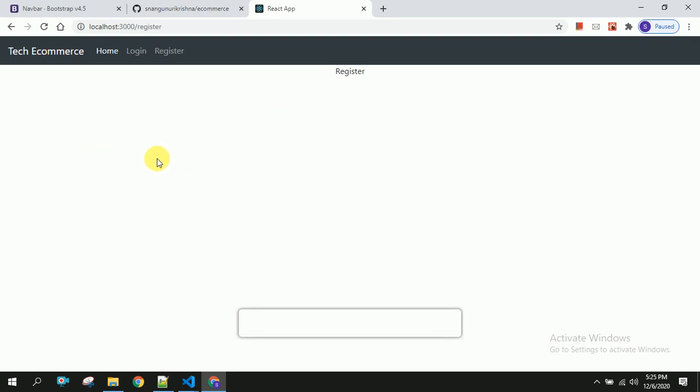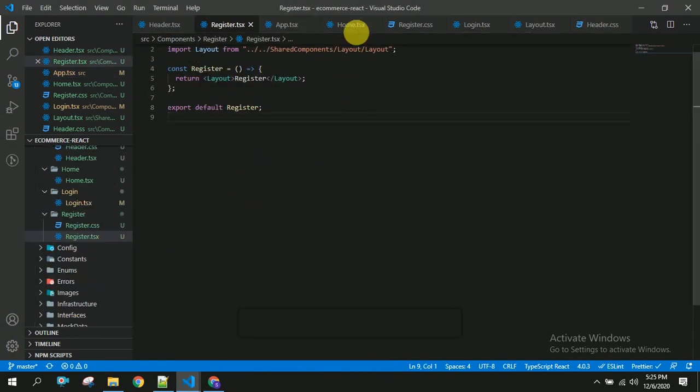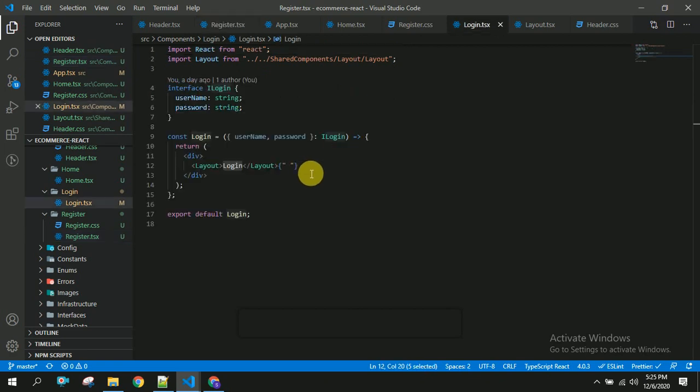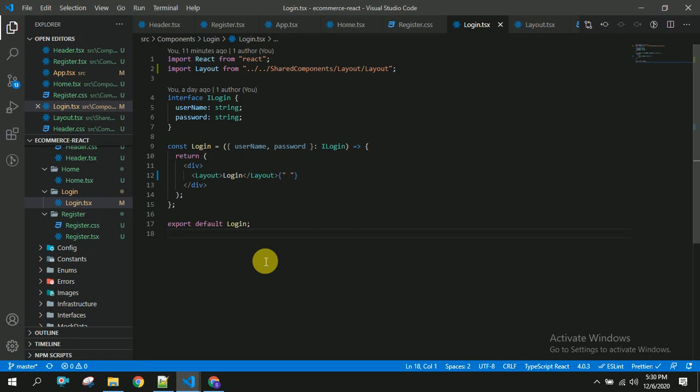So now we are going to see how to create a register component, how to create a login component or fields inside this login and register component. So we will do all these things in the next video, and in this video we have learned how to integrate Bootstrap and GitHub. The next thing is the router, how to configure the router, and how to navigate to different sections or different components by using the navbar or router.